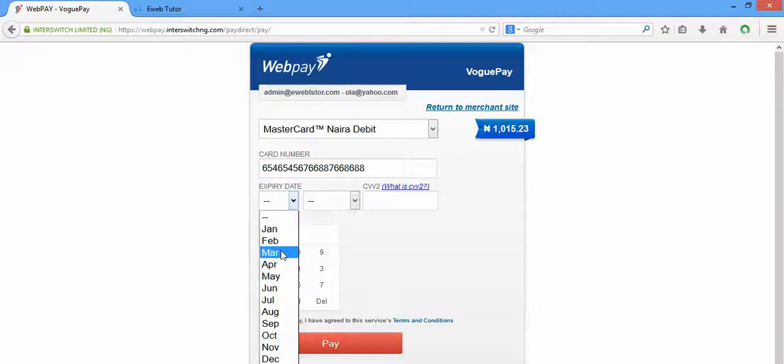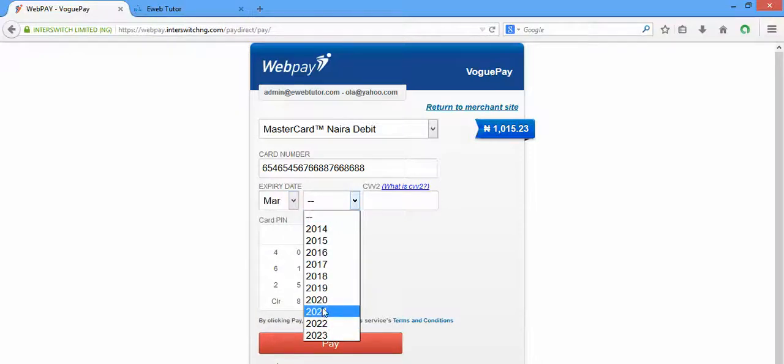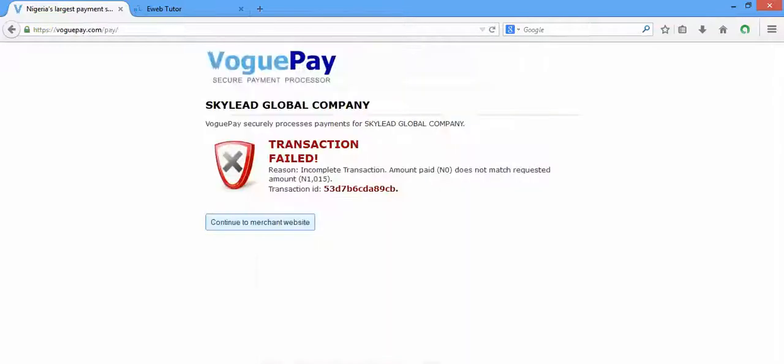Then it will ask for the expiring date of my card, then the username of my card, the expiring year of my card, and the CVV2. You can find it at the back of your card. It's a 3-digit code at the back of your card, and your ATM pin. So you click on pay, and if everything works well,